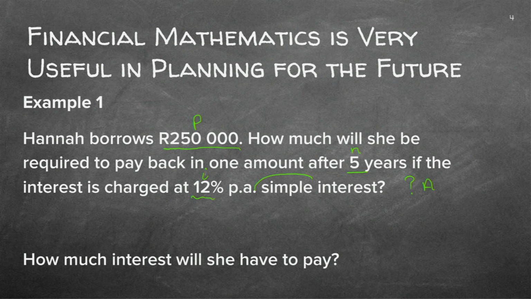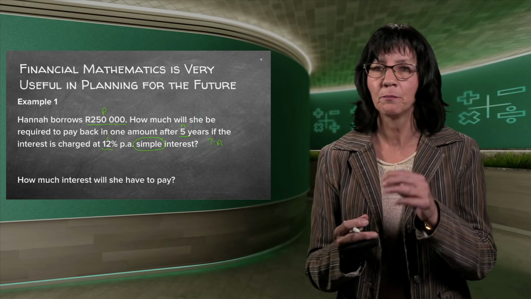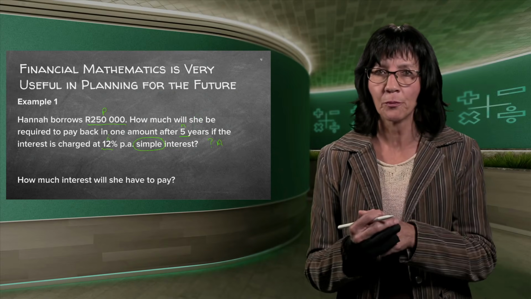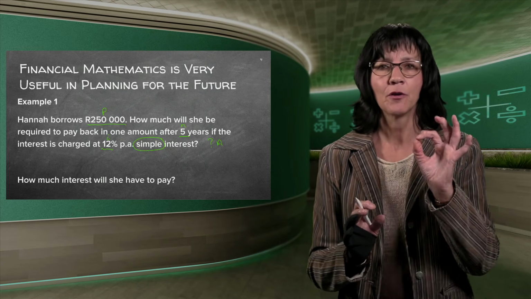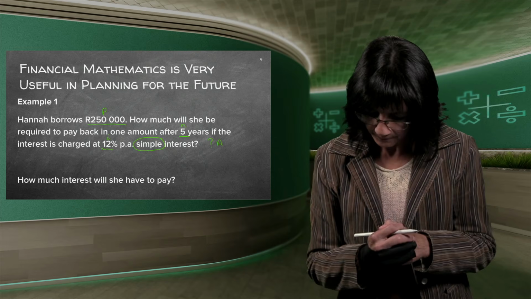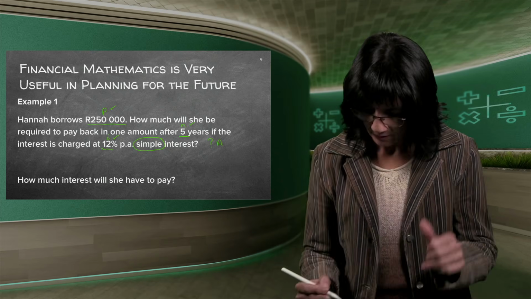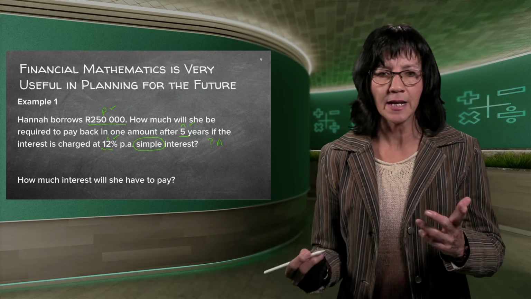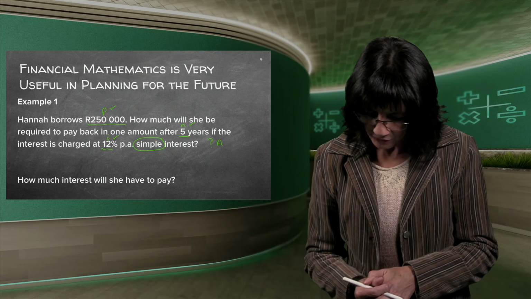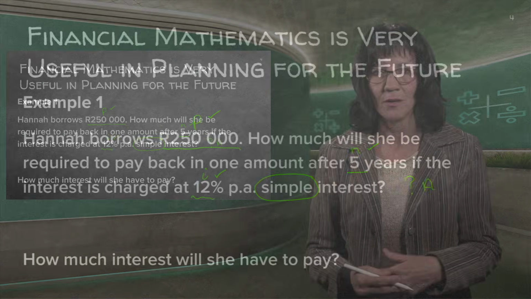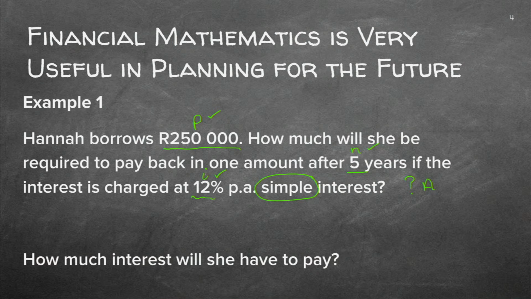But very important, from now on, because we've done now all the formulas, you'll have to pick which one you're going to use. And if you pick the wrong one, 0 for the whole problem. We don't give marks for steps. Wrong formula, 0 marks. Good. So let's check. Do I have 3 things given? 1, 2, 3. Good. Is there one unknown? Yes. How much interest will she have to pay? So there's 2 questions. What is the A in the end? And then over that time period, how much interest did she pay?